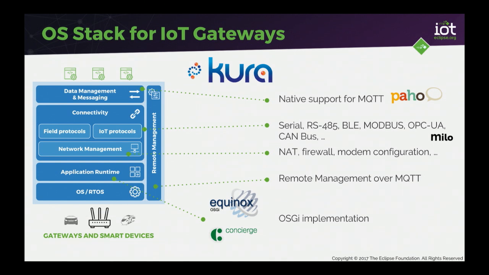You want a consistent way to have access to all the protocols, such as, again, CAN bus, Modbus, etc. You're going to require to talk to your devices or maybe to talk to your cloud. And you want features as well, because the goal eventually is really to enable people to build their own applications, right? There's going to be a gateway whose role, and that's what Kura is built for, is going to be to provide the connectivity to the equipment, and making sure that it's remaining connected to the Wi-Fi, and maybe if the Wi-Fi dies, it's going to fall back to cellular, and that's going to make sure that this happens. But that's not enough.